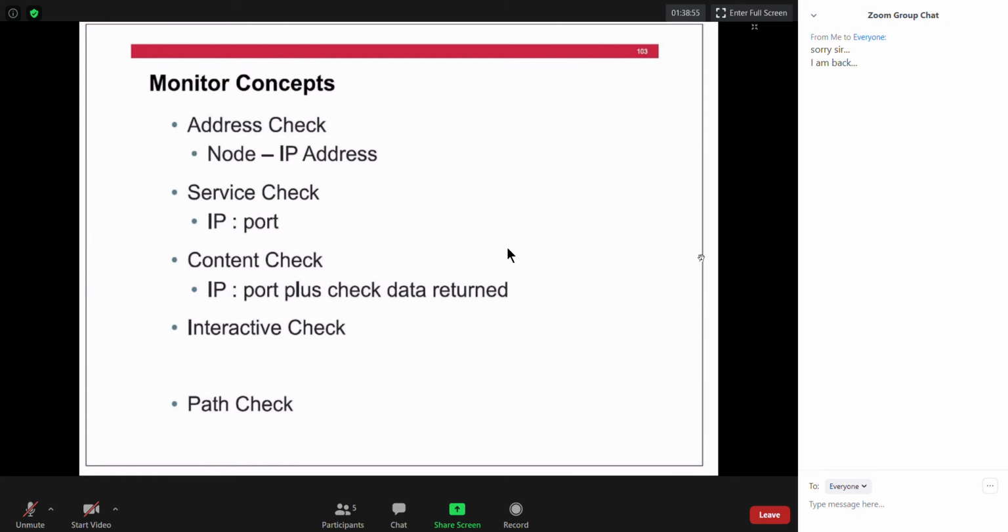You cannot check the status of the service using ICMP. If you want to check the status of the service, you will have to go for either TCP or UDP, because a service is a combination of IP and port. So you should use either TCP based monitors or UDP based monitors, and that depends.